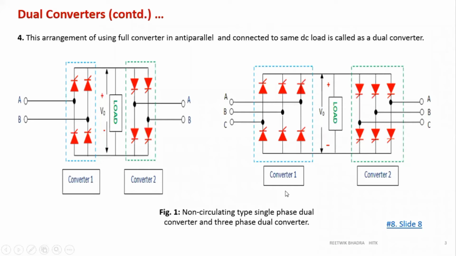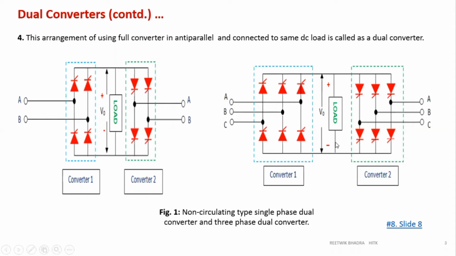What is the basic structure of a dual converter? This question can come only as short notes: write short notes on dual converter, nothing more than that. So, the arrangement of this full converter: you know this converter, right? This part on the left hand side, where I'm moving the mouse, this part of the converter, we have studied up to this. Another converter we'll add, a second converter, just in the opposite direction. So this is converter 1 and this is converter 2. Converter 1 will have firing angle alpha 1, and converter 2 will have firing angle alpha 2. This is the basic configuration of your single phase.